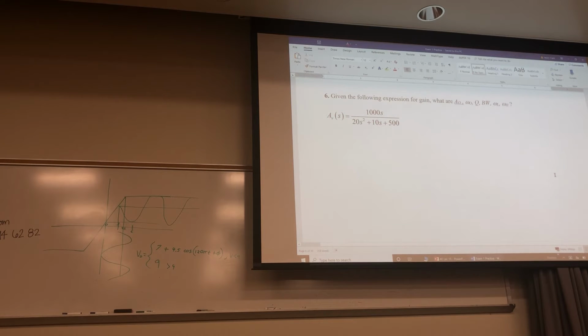So for number 6, this right here, you're given this expression, and this is like a bandpass. Well, one of the forms of a bandpass, right? And then you're asked to find these values right here. Okay, so now in this case,